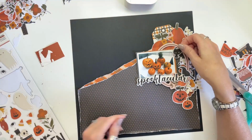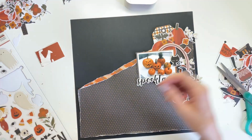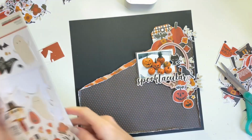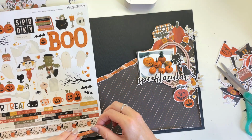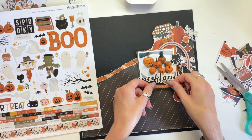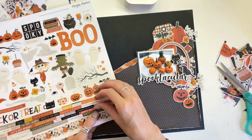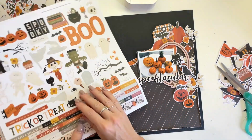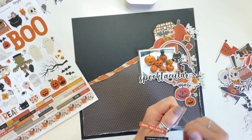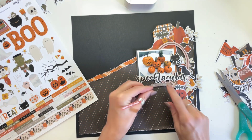One is ephemera and one is chipboard. Obviously they were ideal for my photo because I've got carved pumpkins in my photo, so carved pumpkin embellishments are ideal too. And I'm just now continuing to build up and add more and more bits in. So now just having a look at some word stickers from the